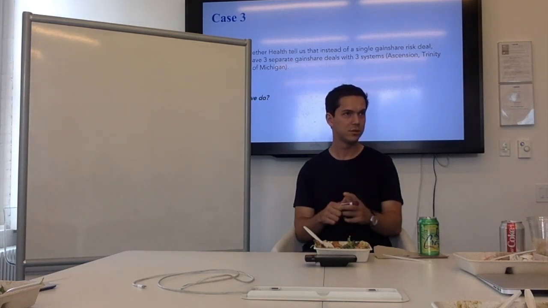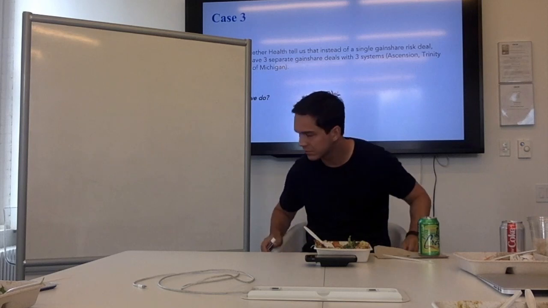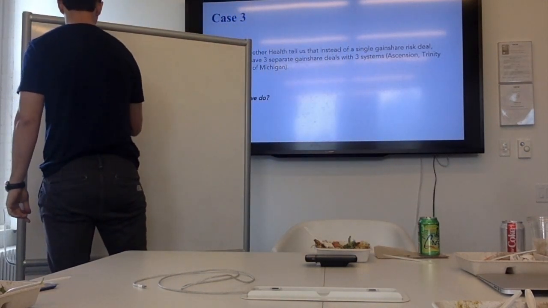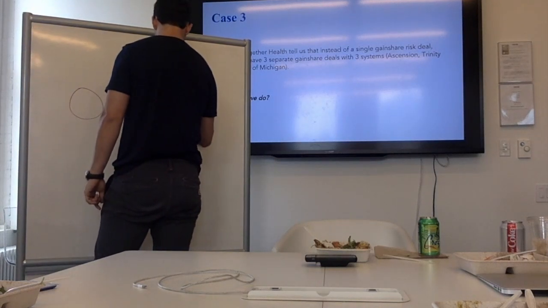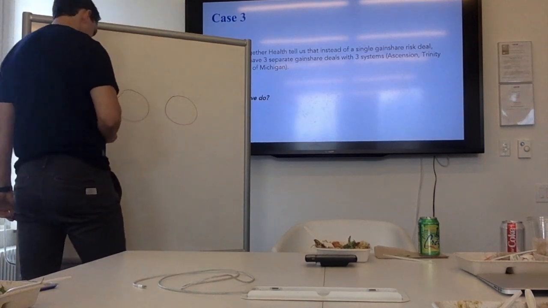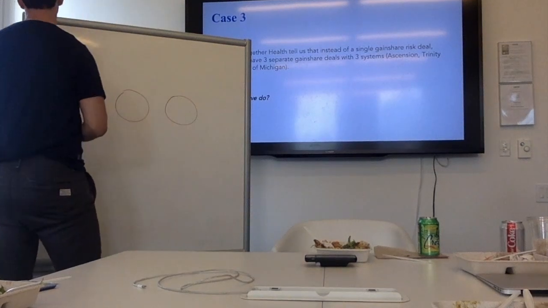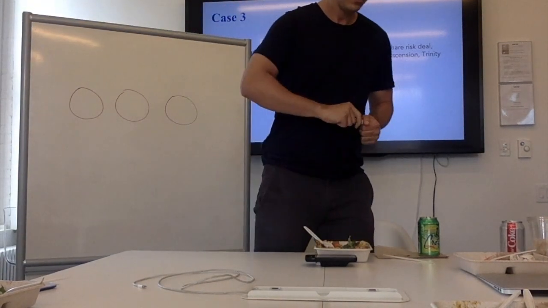Josh, you agree? Yes. I think the other thing I'm thinking through is, do you have leverage when they say we want 3 separate gain shares? Do you then have leverage to tweak your attribution methodology? In the first case, any member who touched any of the 3 systems is an attributed member, but now you have these 3 separate deals, and in the intersection of these 3 circles, you can now say these people don't touch any of you guys, and you're only getting people squarely in the Ascension circle.